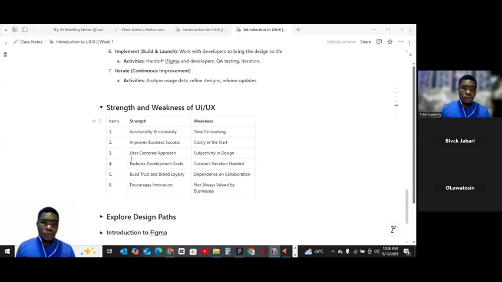For the third one, the user-centered approach, that's the strength of UI/UX. Like we've been saying, when you want to design an app, it's very important that you understand your user's needs. It's user-centered basically, because you can't design what your user does not want.